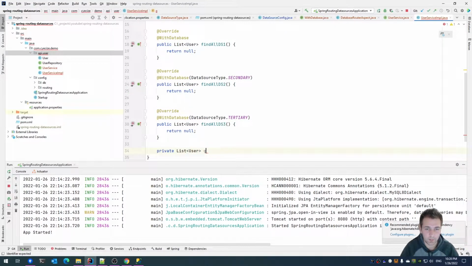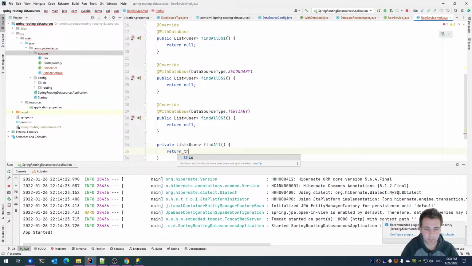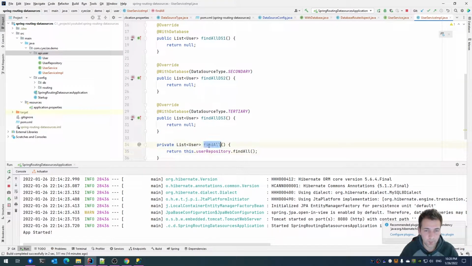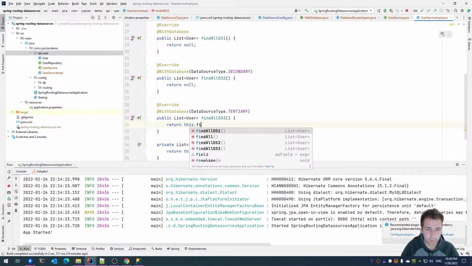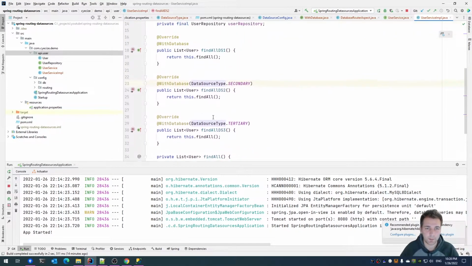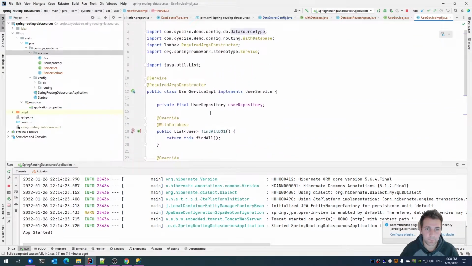So find all, return this repository, find all. So find all. All right, like that. Okay,